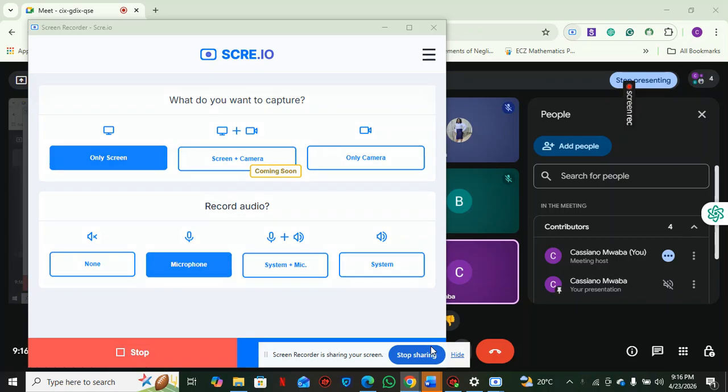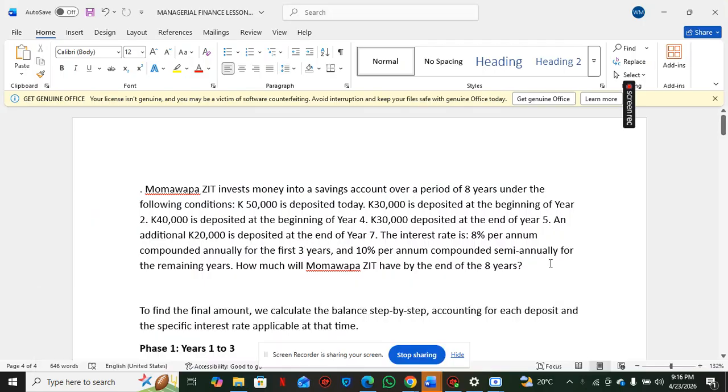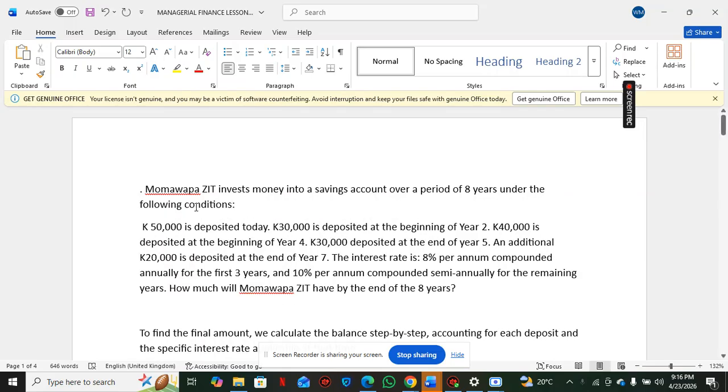So the question reads, Momwapa ZIT invests money into a savings account over a period of 8 years under the following conditions. Okay, first thing, 50,000 is deposited today,